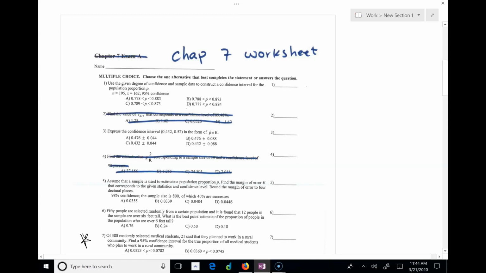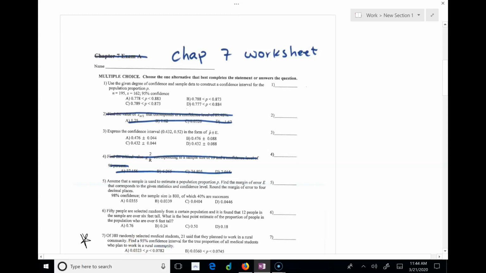And for this one, you need to read the question and get the idea if that's about proportion. You need to pay attention to the words that are descriptive of what that is. Of 380 randomly selected medical students, 21 said that they plan to work in a rural community. Find a 95% confidence interval for the true proportion of all medical students who plan to work in a rural community. Okay, so as soon as you see the word proportion